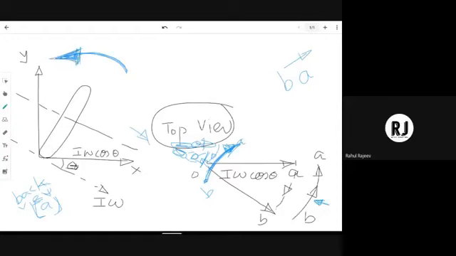Do you agree or not? Agree, sir. Okay, see, this is how you established how the vehicle is going to tilt or get turned